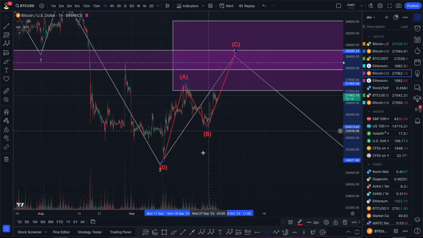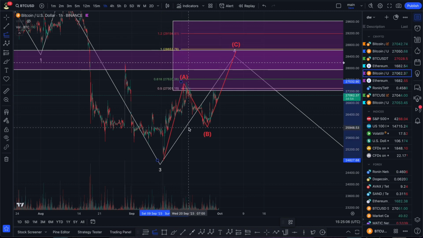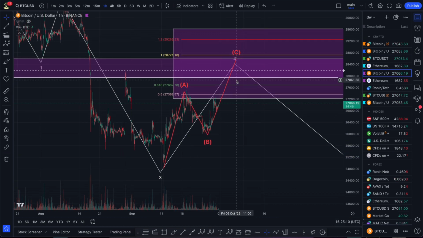Let's check the levels for wave C. Because wave C is an impulsive wave, the same as the third wave, we don't know clearly where the price will come, because it can go as high as it needs. But we know the minimum level. So let's check it. We put the Fibonacci on the beginning of wave A, end of wave A, and end of wave B. If the B happened here, right, the minimum level is 1.2.